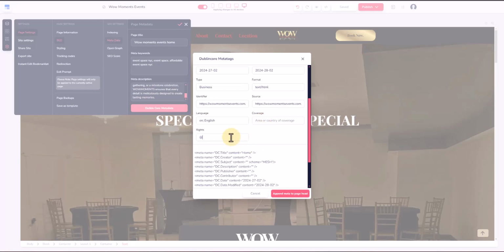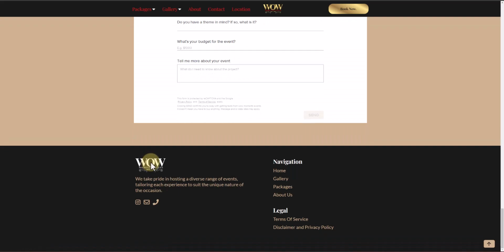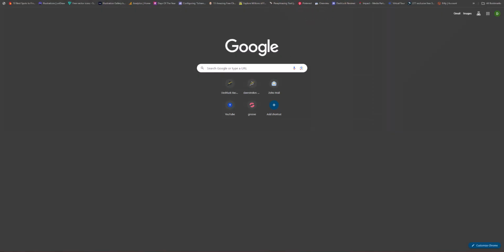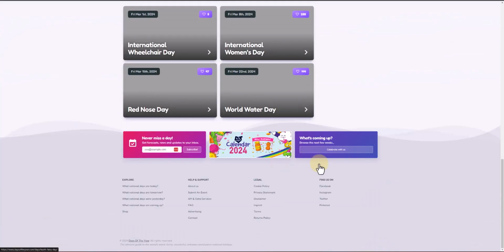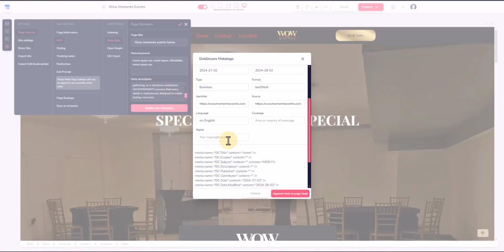So you just put copyright. To get that copyright sign symbol, all you have to do is probably go to another website. I don't know if I'll be able to go to any website's footer right now. Let me see this one. So there should be a copyright sign here, and you could just paste that, the copyright event LC,